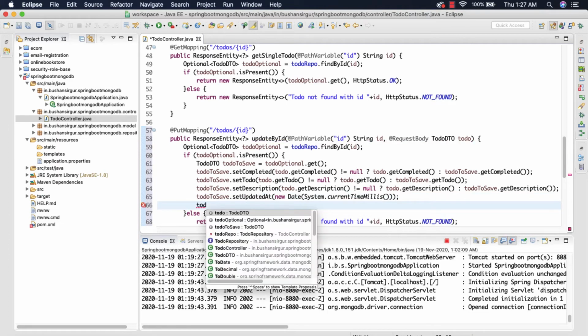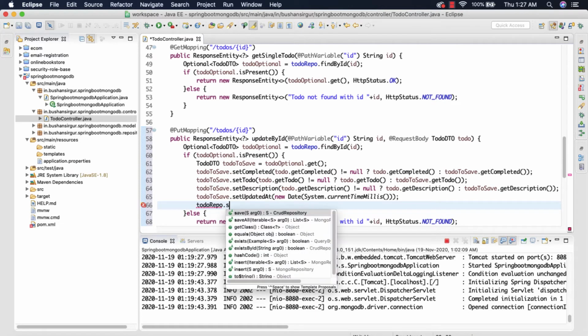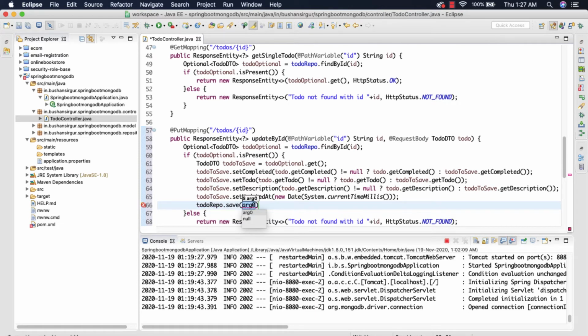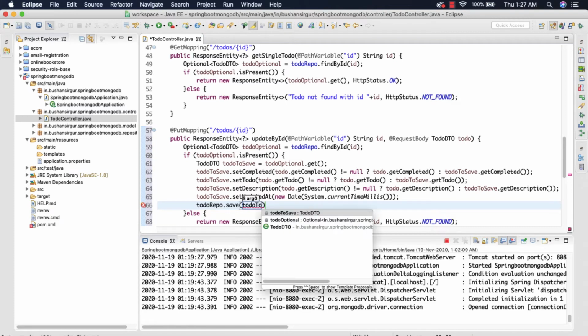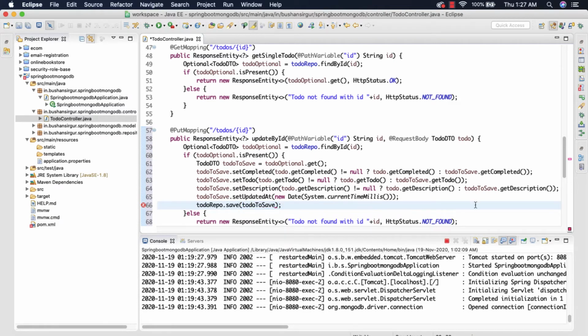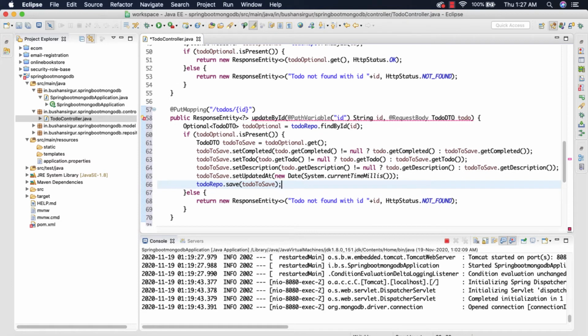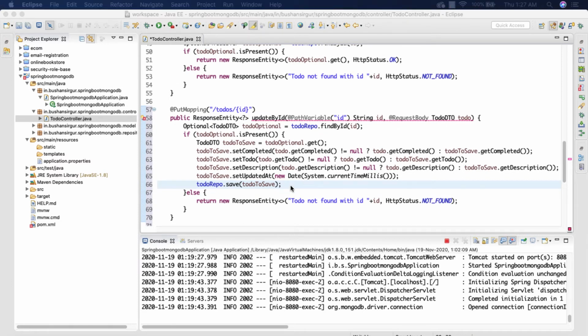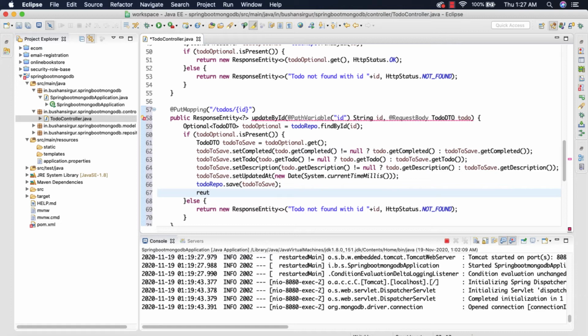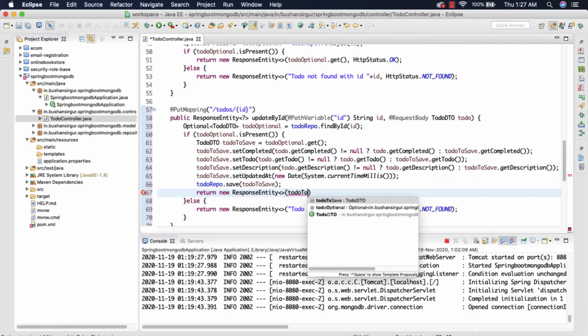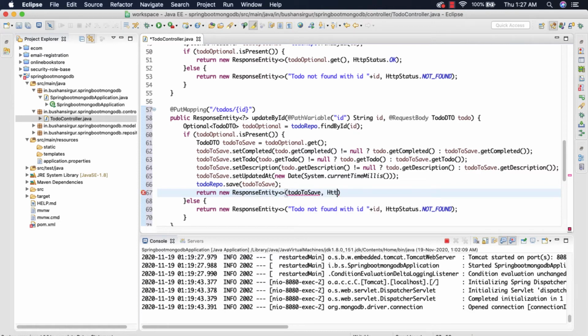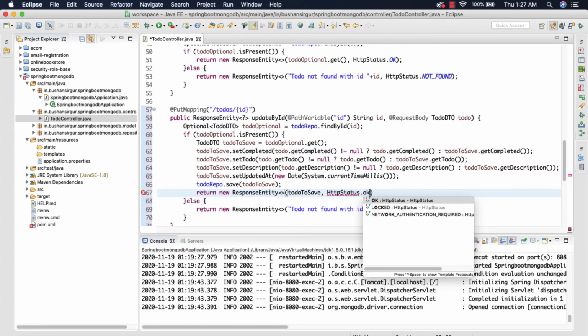So todoRepo.save, and we're going to save the todoToSave object, and finally we are going to return the ResponseEntity. Return new ResponseEntity. We're going to return the todoToSave, and we're going to specify the HTTP status to OK.